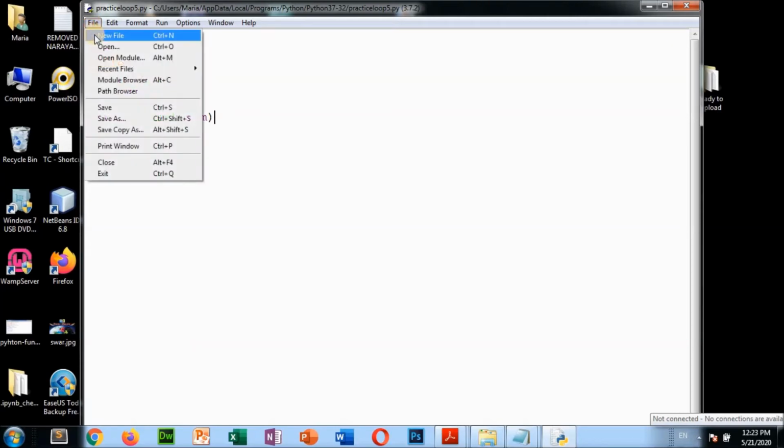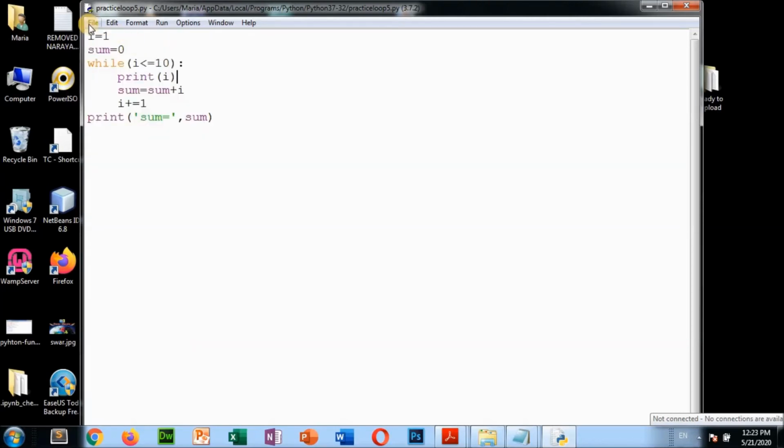Okay, file, new, control S. So I'm going to write something here. Suppose the program is display first 10 numbers. Okay, display first 10 numbers. This is a comment, already you know. So how to write the comment here? Like this.